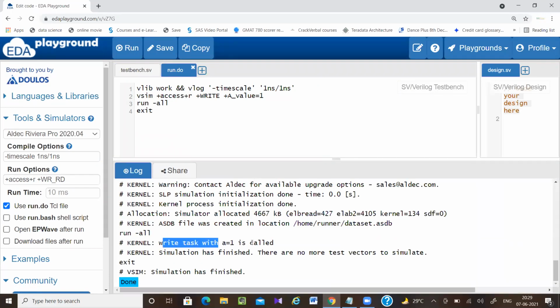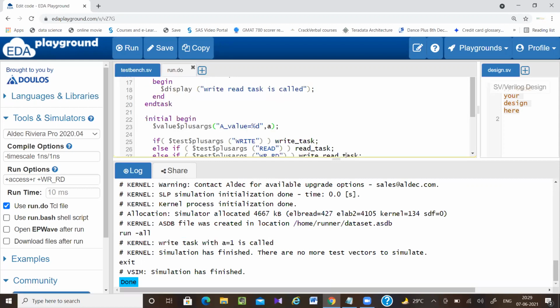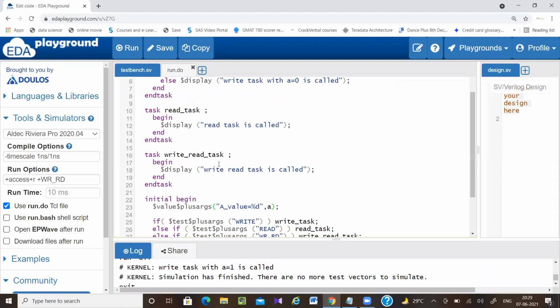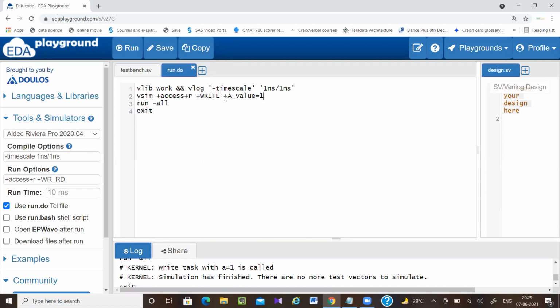Okay, so write task with a1 is called. So now I don't have to go and change the values in the test bench. I want to pass some values here, so I can use it with this kind of thing. Plus a value equal to 1. Let's say you want to pass some string, then you have to write that %s, and here you have to pass some values in the string format.